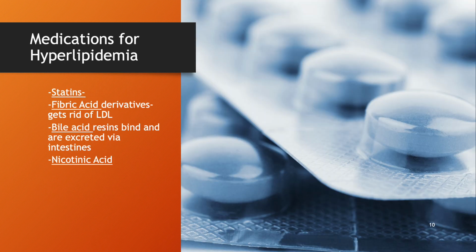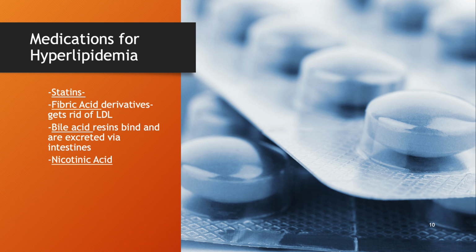Medications for hyperlipidemia will be like statins, like atorvastatin, and fibric acid derivatives that get rid of VLDL or LDL, which is the low density cholesterol. We have high density and low density. The low density is the one that's bad for us. High density is the one that's good for us. We also give bile acid resins that bind that fat and excrete it via the intestines or your